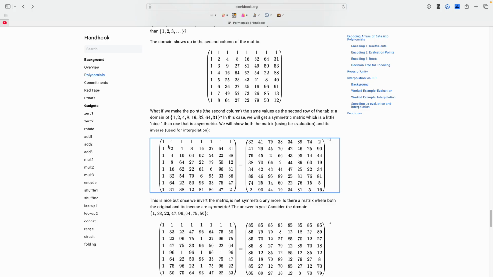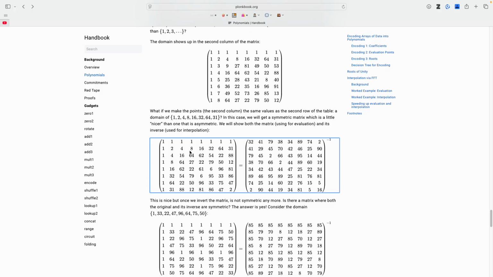This matrix is symmetric along the diagonal, right? Every number here has a matching number here, okay? So this matrix has better structure than the matrix I was using. And in order to use this, all I did is I changed the points that I'm evaluating at. So instead of evaluating at 1, 2, 3, 4, 5, 6, 7, I'm evaluating at 1, 2, 4, 8, 16,